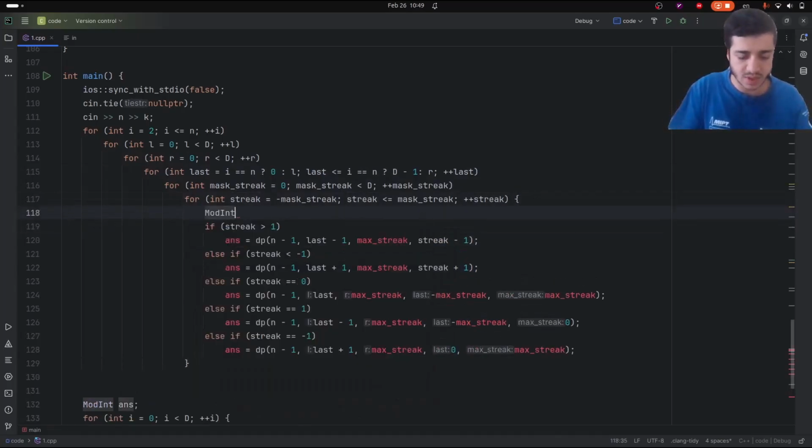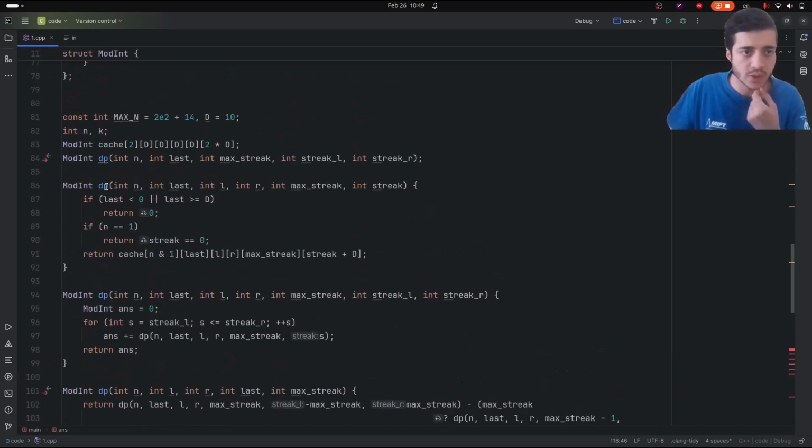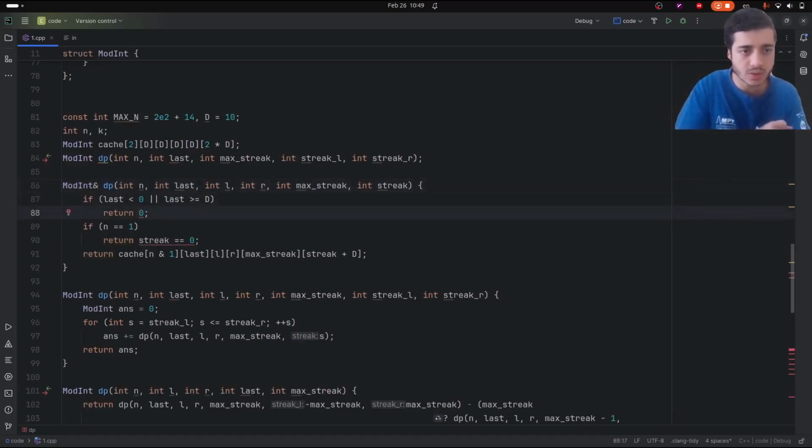Not int and else is, oh, here we need to turn it into a reference, but it will make some issue for us because it's not actually a reference. What we can do here,